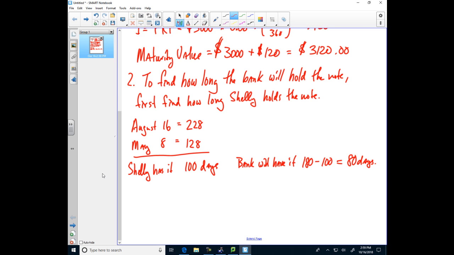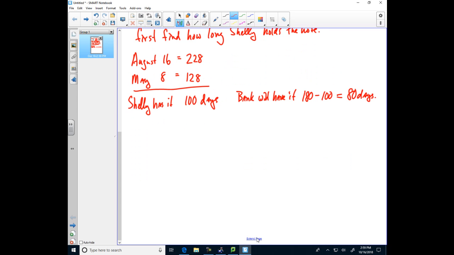So I'll write that down here. Number 3, calculate the interest the bank will charge